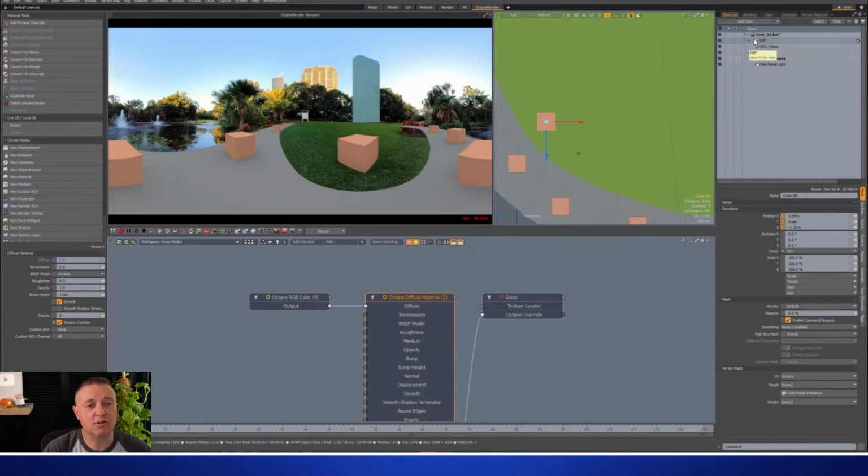So if I go and turn off the grass, no shadow. I don't know whether you'll be able to see it on the live stream, but there's no shadow there. If I turn the grass back on, you can see there is a bit of a shadow. Let's